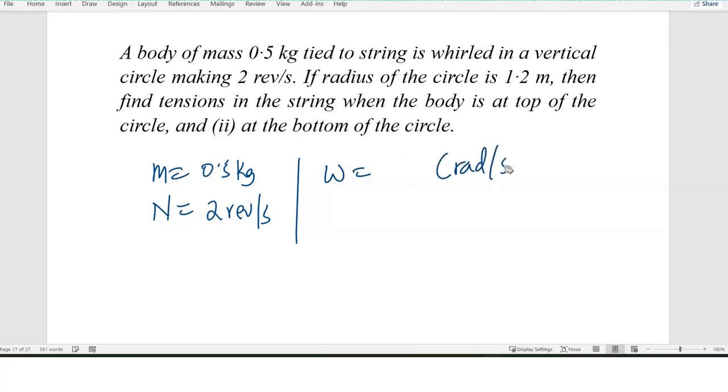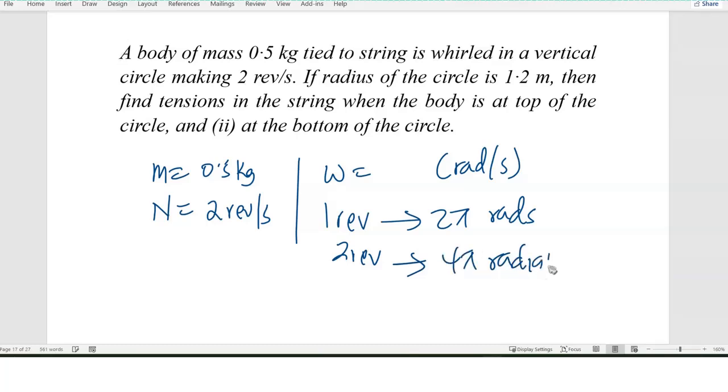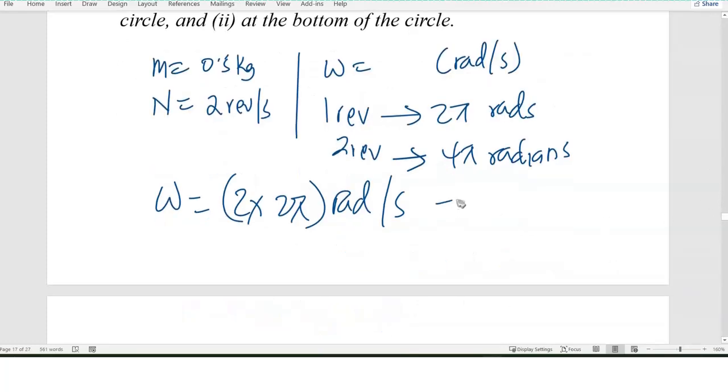we want it in radians per second. We already know that 2 pi radians are in 1 revolution. So 1 revolution gives us 2 pi radians. What if we have 2 revolutions? Then we shall have 4 pi radians. So our omega is going to be 2 times 2 pi radians per second, which gives us 4 pi